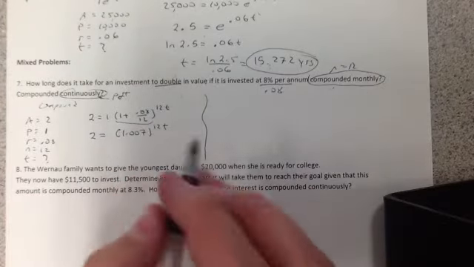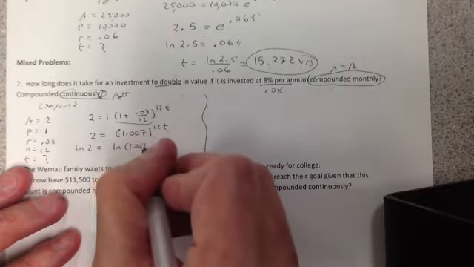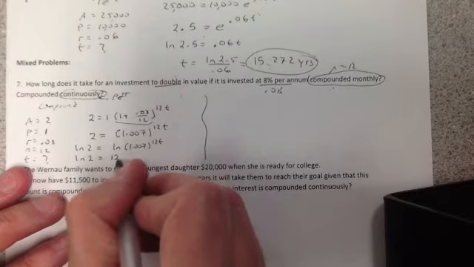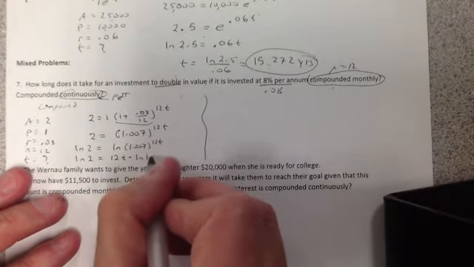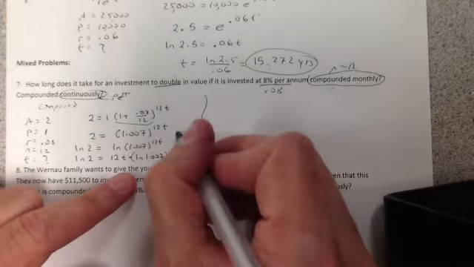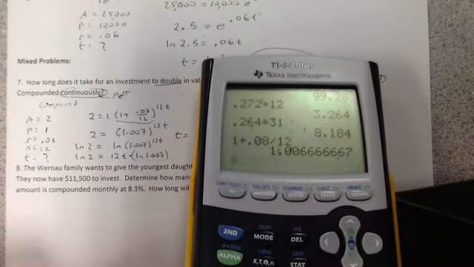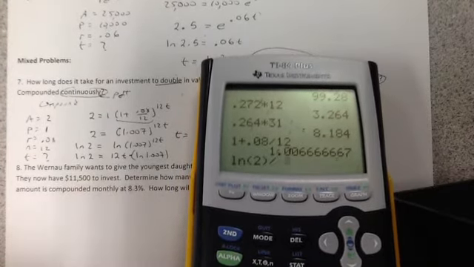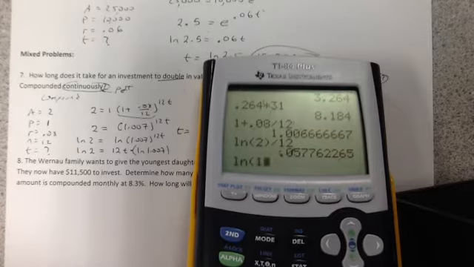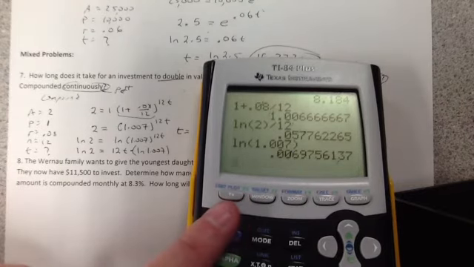And you may recall, to bring down the power, we have to use natural logs. The natural log of 2 equals the natural log of 1.007 to the 12t, and that brings down our power. The natural log of 2 equals 12t times the natural log of 1.007. I can solve for t. We are going to take the natural log of 2, and I'm going to divide it first by 12. And I'm going to divide that by the natural log of 1.007. I hit enter, and that gives me a really weird number right there,